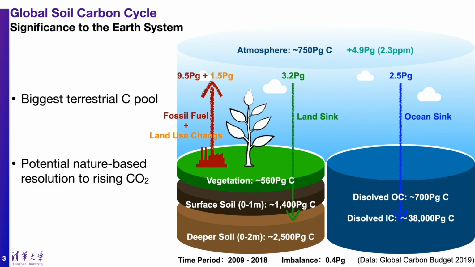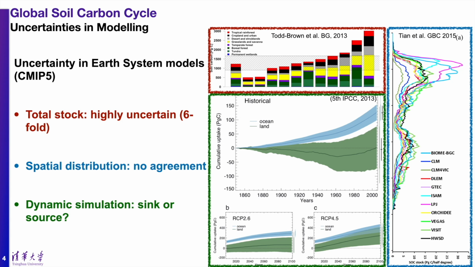climate. Although soil carbon is extremely important, in the state-of-the-art Earth system models there are tremendous uncertainties among different models. No matter whether we are talking about the total stocks of global soil carbon, the spatial distributions of soil carbon, or the transient simulations of the land carbon sink. In CMIP5, the difference in the estimations of soil carbon stock by different models could be up to